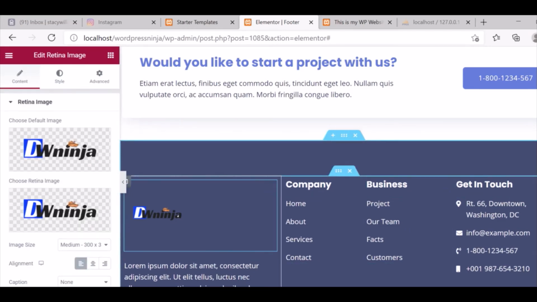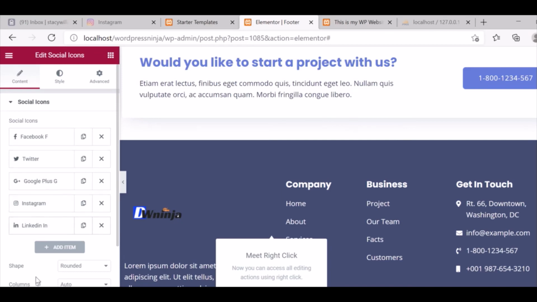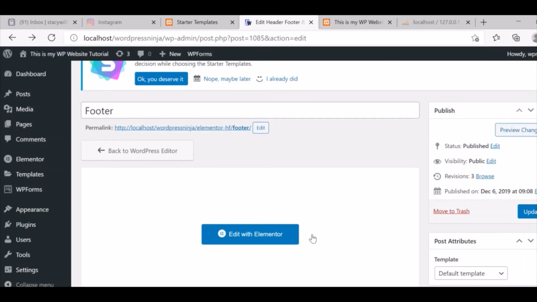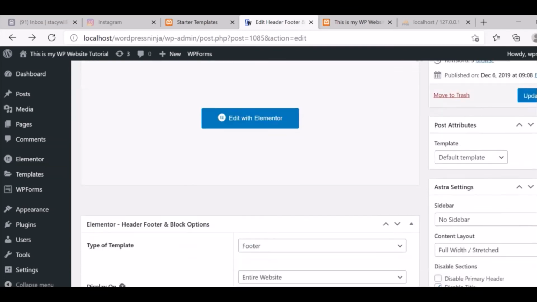Information in the footer could be changed. Social media icons could be edited directly here. You can just select and change the links and all. You can do it on your own. Okay, so let us change this look customization option. Now let me show you how you can control the